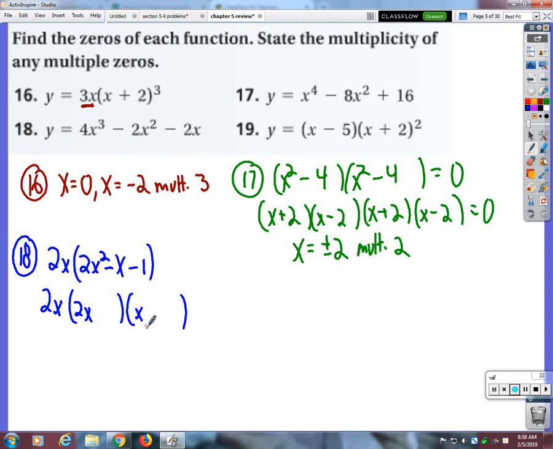And then luckily the only two things that multiply together to be 1 are 1 and 1, so that's pretty easy. But then if I want to end up with a negative x in the middle, I need to make this one negative and this one positive, because these two things will give me negative 2x, these two things will give me x, and together those will combine to be negative x. Alright, so now that we have it factored,